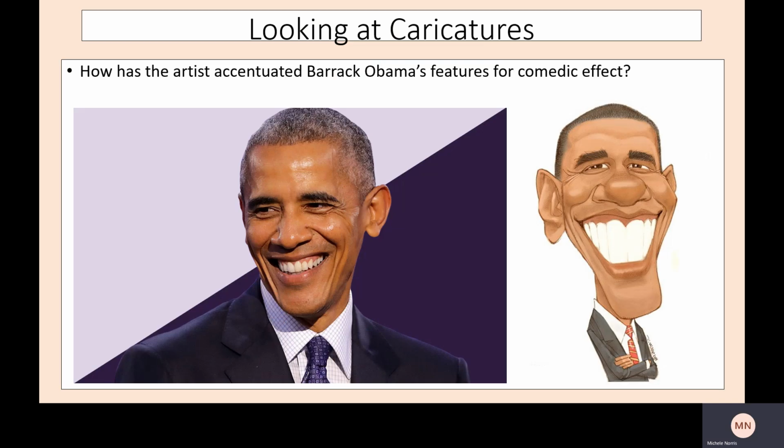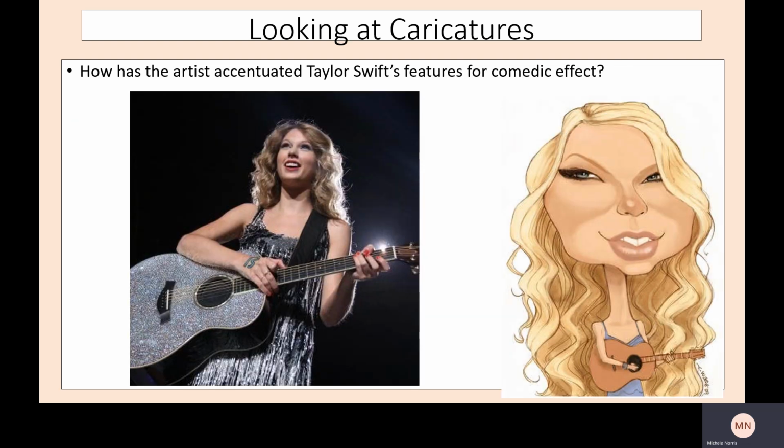Now, these are caricatures. A caricature is where they exaggerate a quality about someone or something to make it funny. If you look at Barack Obama, they've slightly exaggerated his ears, made them stick out more, and his smile, so he's got nice big shiny teeth. They will pick something out, and this is what you're going to be doing when you come up with your character. You're going to be exaggerating a feature or features. Let's have a look at the next one.